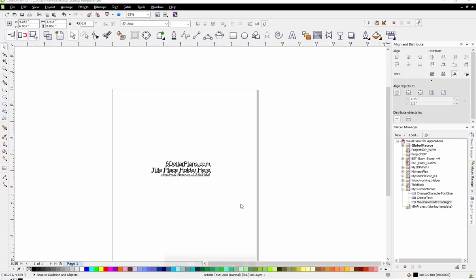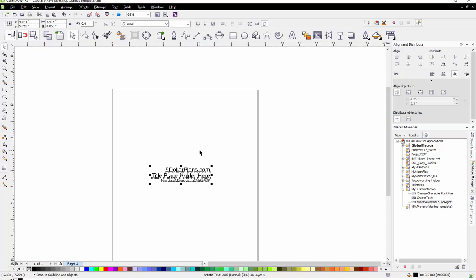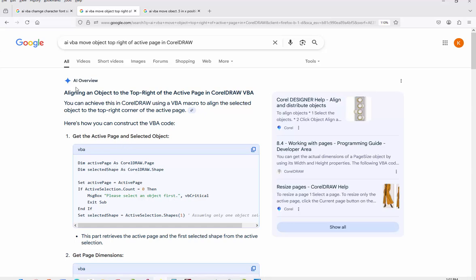All right, so part 3 is our final step, which is to move the currently selected text into the upper right-hand corner. Of course, we don't know how to accomplish this in VBA, so we're going to hop out to the old interwebs and ask the experts. So here, I need to move an object to the top right of the active page in CorelDRAW. And it gives us this